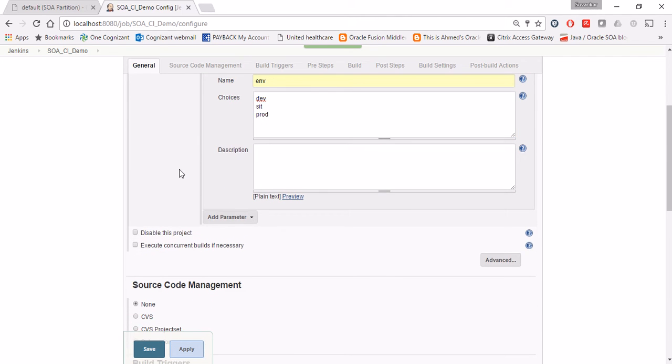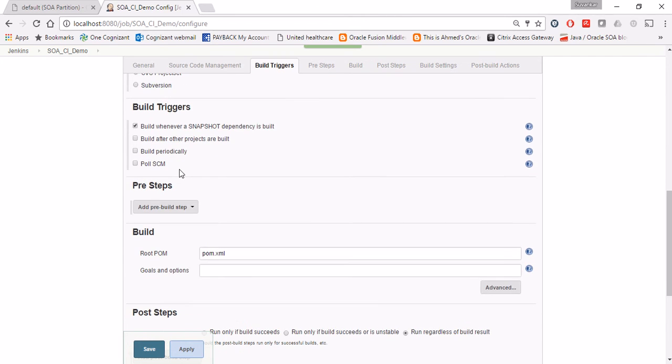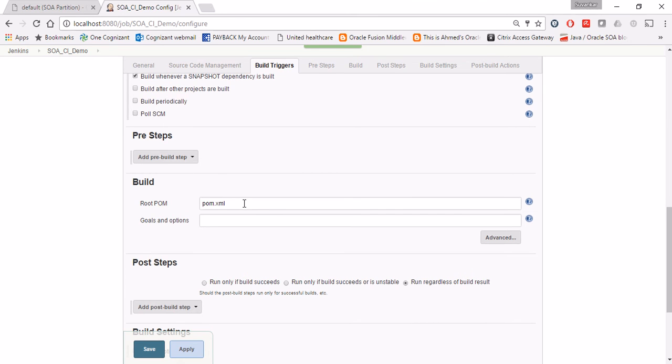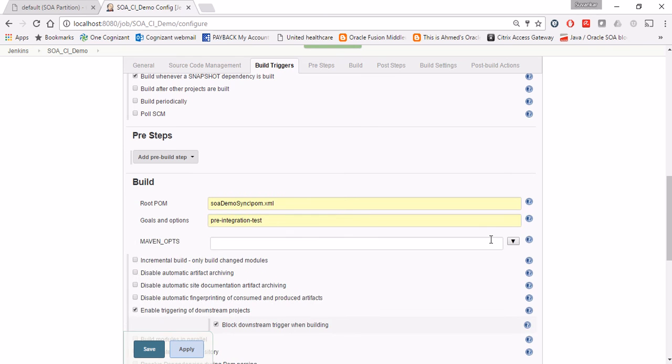It's good. Now let's move on, and here as part of build you need to provide the build pom.xml file location. I'll be providing the relative location here, and in the goals and options you need to give the maven goal that we are going to use. So it's pre-integration test. In the advanced section